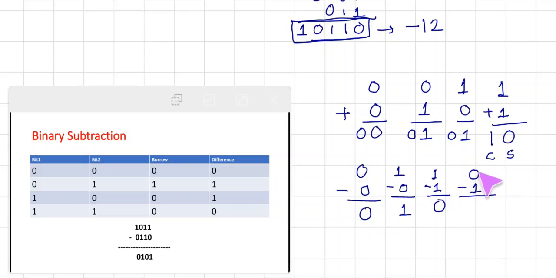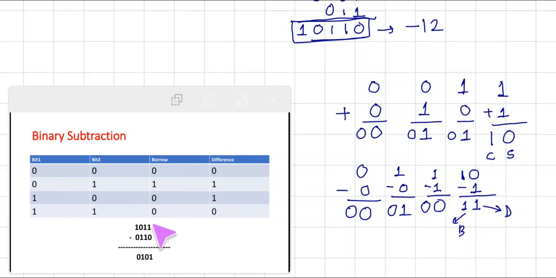So here we write the number like this, so that it becomes 2. So 2 minus 1, the difference is 1. And we have taken a borrow, that is 1. So the borrow is 1, and 1 minus 1 is 0. So this is the difference bit and this is the borrow. In the other cases the borrow is 0, 0 and 0. This way the subtraction can be done, which is shown here.